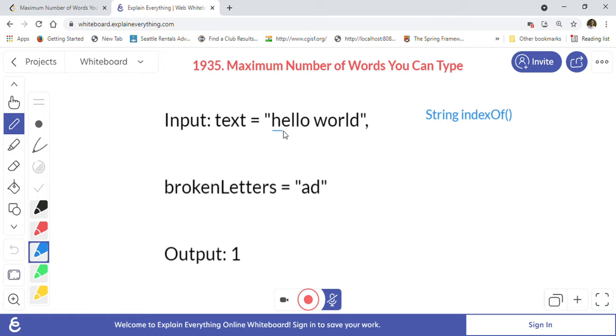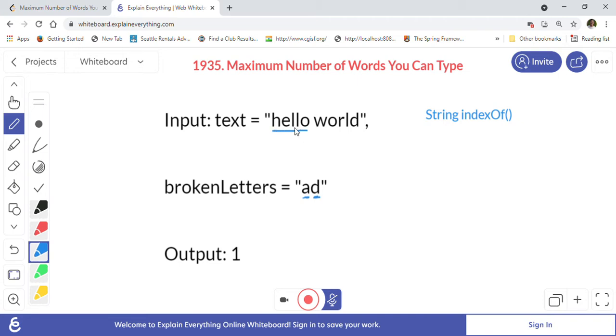So this is our first word, and we will iterate through the broken letters one by one at the same time, and we will use the string's indexOf method. We will convert the letter A into a string and check if hello has that string A. We don't have A in hello, so we will use the other broken letter D. We will check if the string D is present in hello.